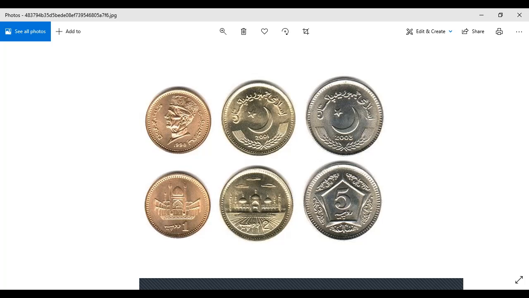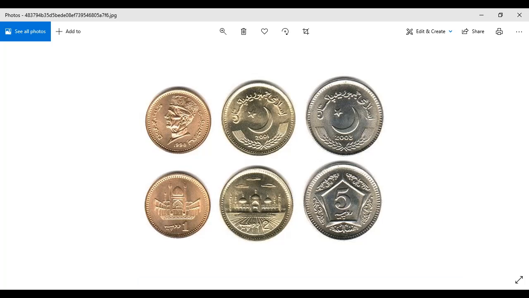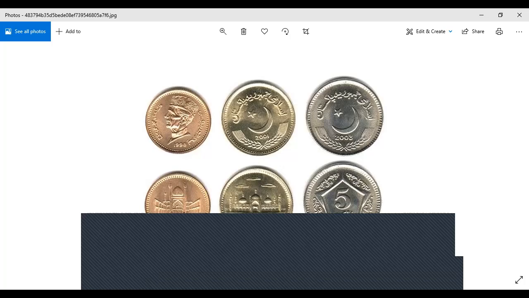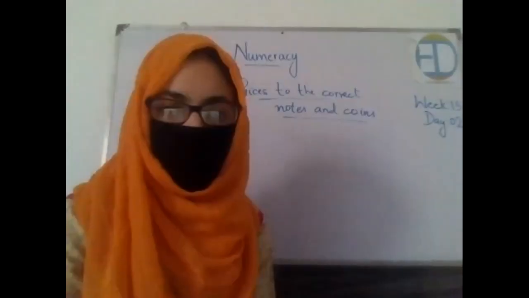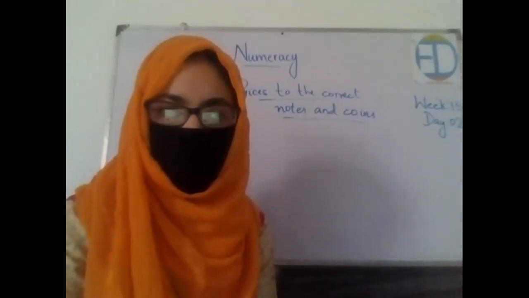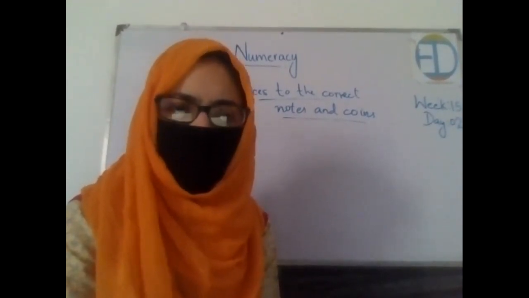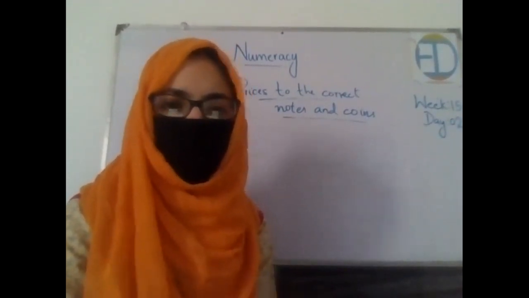Got it? Okay. Remember in your last class I told you that I'll be showing you the 10 rupees and 20 rupees coin. Well, I could not find them from somewhere, so let's look at their picture so that you get the idea of how they look like. I'm going to share the screen of the 10 rupees and 20 rupees coin, so just have a look at that. Whenever I get that coin, I'll show you in the class.